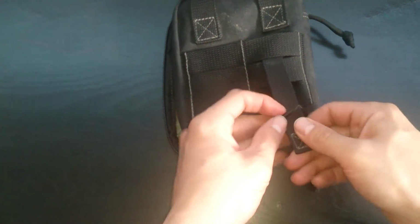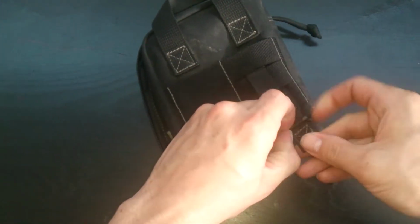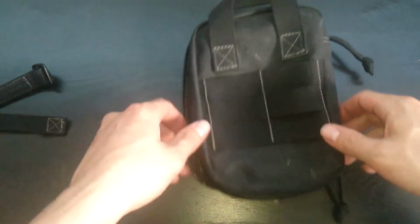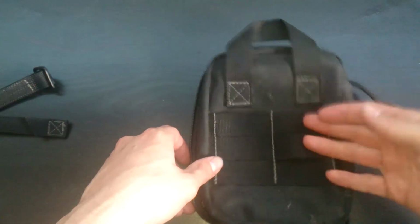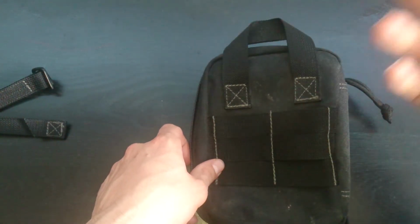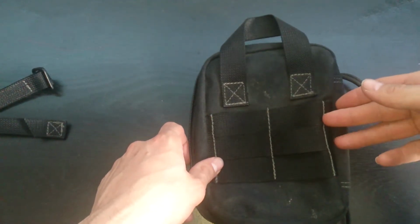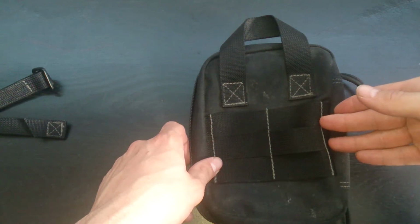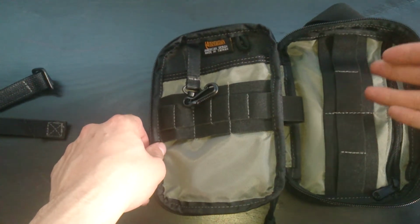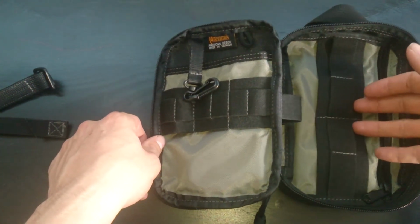But all in all, a pretty good way to organize your stuff, especially your survival kit. If you ever found yourself out in the woods, maybe you got lost and your bag gets ripped or something, you can just take this, if you're wearing cargo pants especially, or if you have a carabiner, just attach it to your belt or toss it in one of your cargo pockets, and you've pretty much got a full survival kit in here. Obviously, the only thing it can't really hold is a hatchet or anything like that,